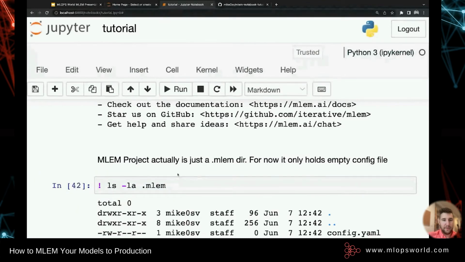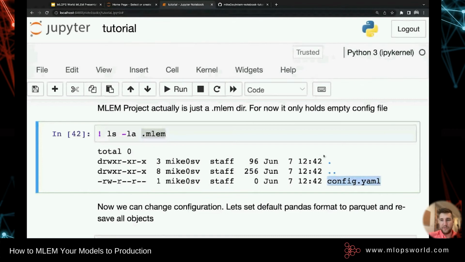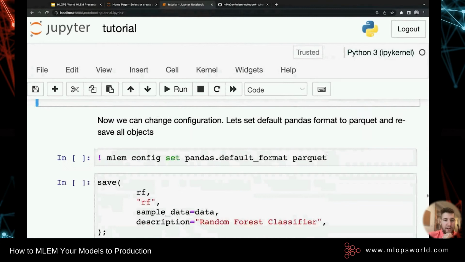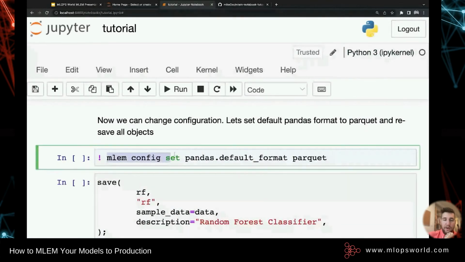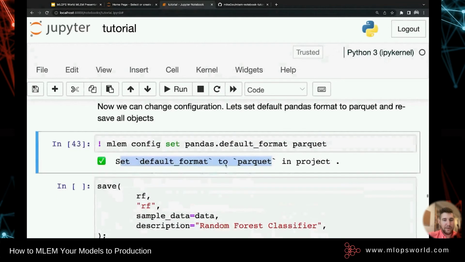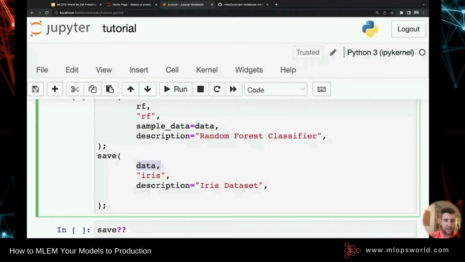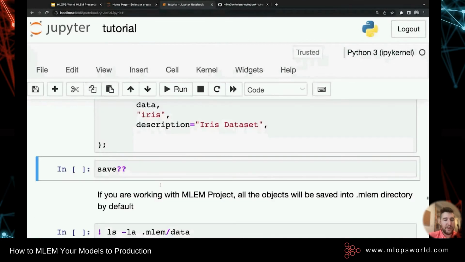So yeah, this directory for now contains only a configuration file, and it is empty since we didn't set any options. But let's change that, and we can run some MLEM CLI to change the file format for pandas data frames, right? So we want the file format to be Parquet. Yeah, we got confirmation that it's okay. And now if we save the same data,